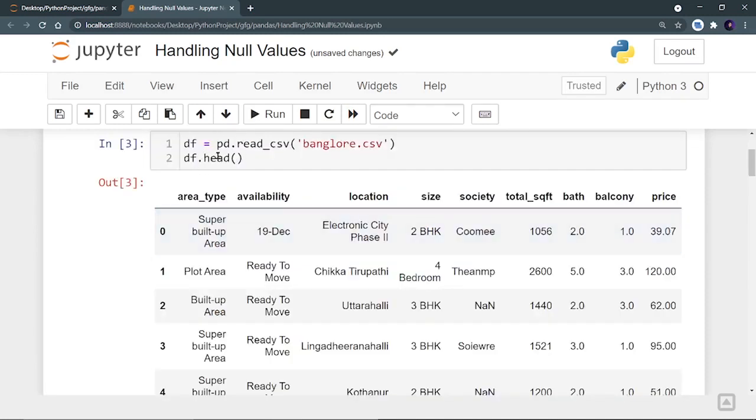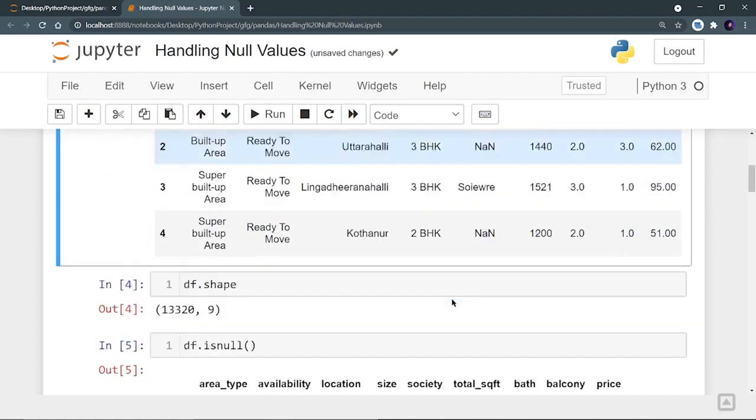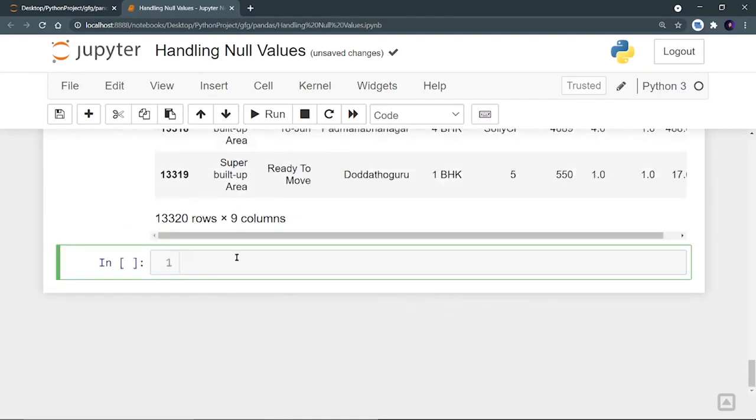So this is my original data frame df, and here is one of my null values. Now what I want to do is fill this null value with just the previous value, like this. I want to fill this null value with the previous value. Now how can I do it? So let's put a comment: filling null values with previous value,